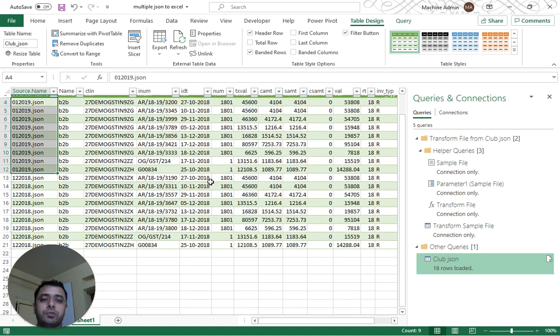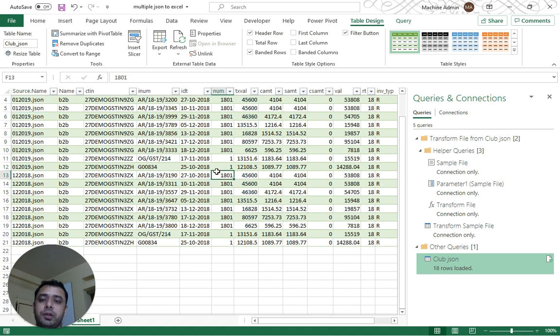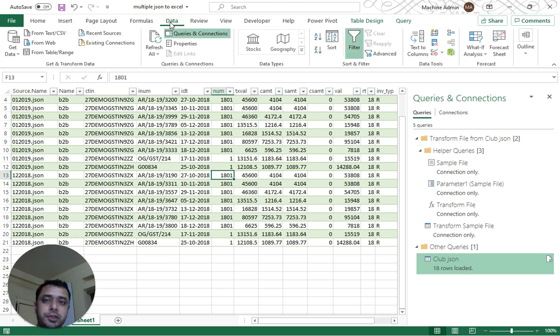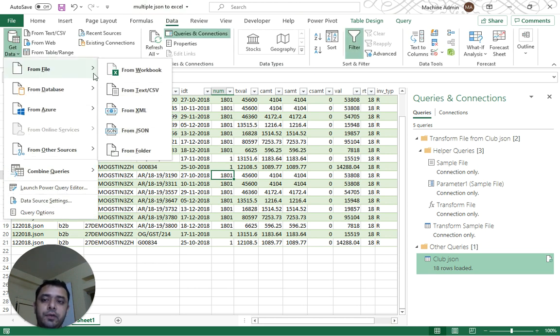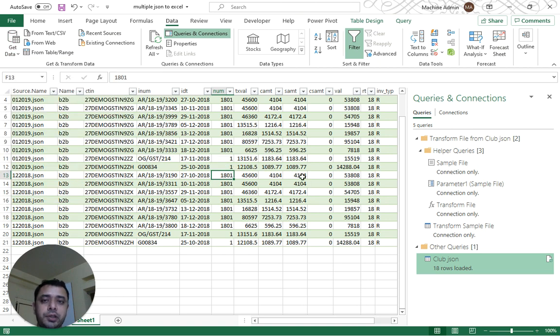So this process is quite simple. Whenever you want to combine multiple JSON files to Excel, you have to do these steps which I have explained. First create a folder, put a single JSON file into it, and combine that JSON file from the data menu, get data from file from folder command, and then evaluate the query by adjusting or removing the columns which you don't want.